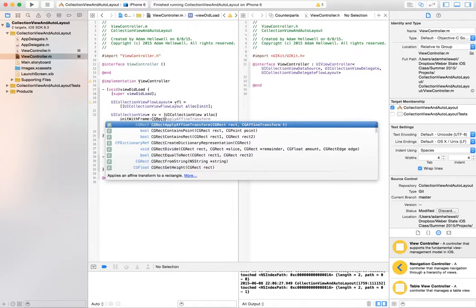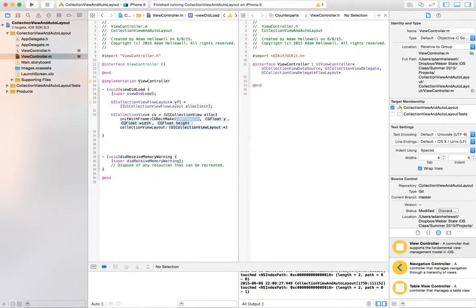We'll set it to CG rect make. In order to set the frame for it, we'll set the origin at 0 and 20 so that it's below the status bar. We'll set the width to be self.view.frame.size.width, and we'll set the height to the height of the view minus 20 so that it takes up the whole thing. We also need to set our